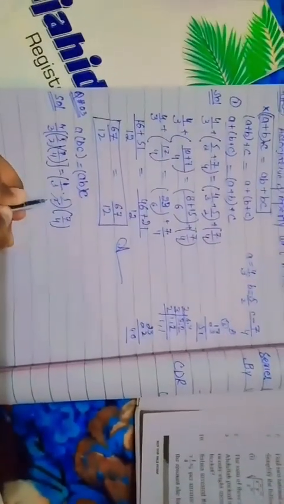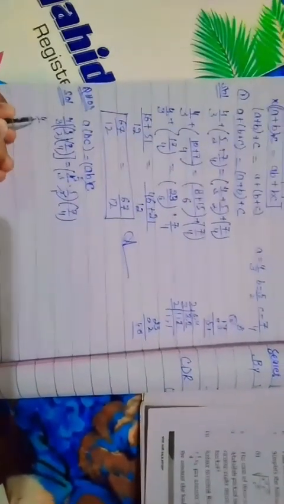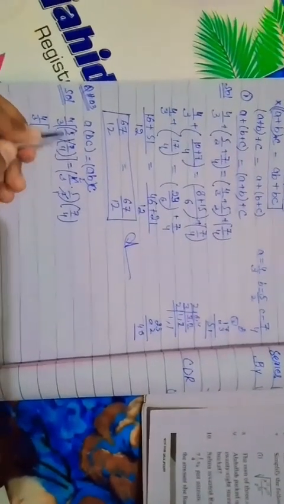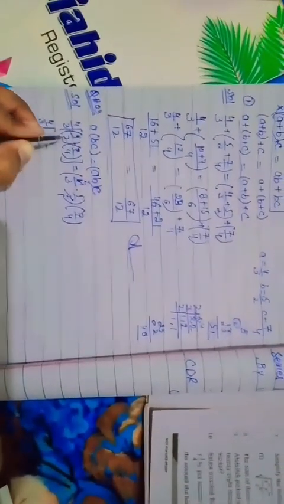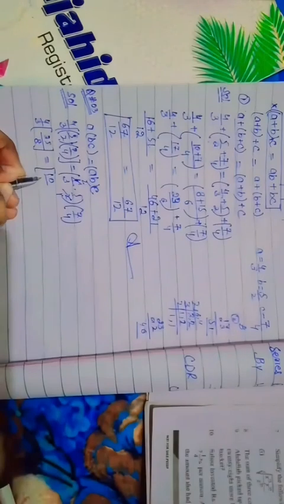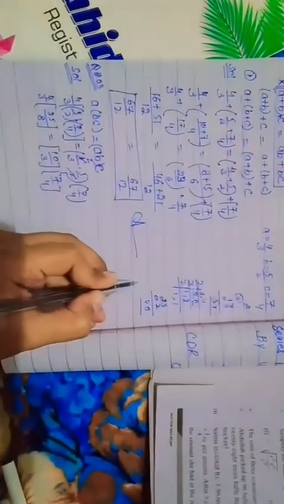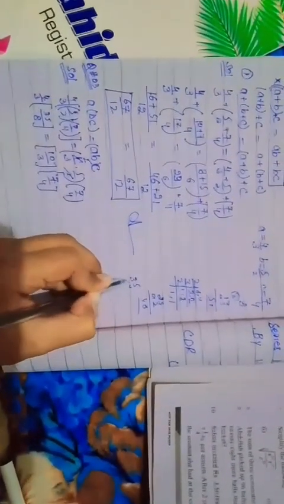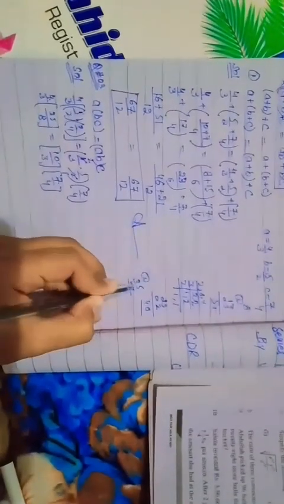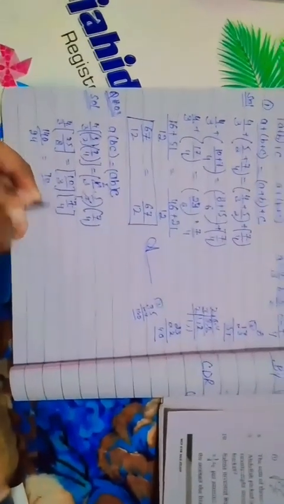So we will cancel with the table of 2. 2 ones are 2, 2 twos are 4, and 4 over 3. 5 sevens are 35 over 4 twos are 8, which equals 5 twos are 10, 3 ones are 3, 7 over 4. 35 fours are 140 over 8 threes are 24. 7 tens are 70 over 4 threes are 12.